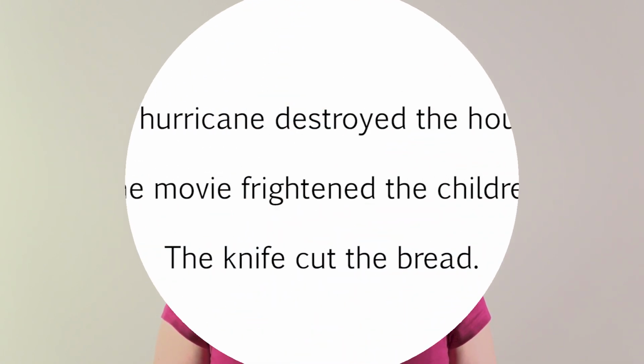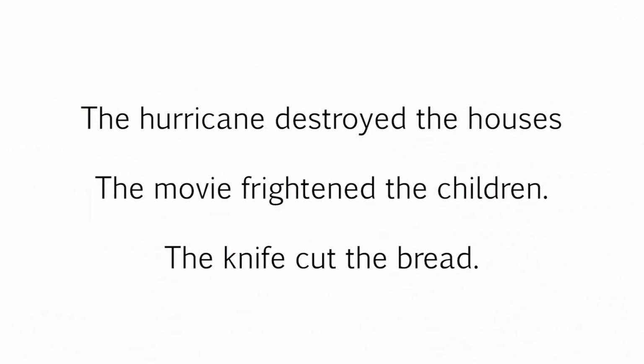And the grammars of many languages encode other semantic properties besides the two agent and theme properties. Some languages make a morphological distinction between an animate agent and an inanimate cause. In a sentence like, "The hurricane destroyed the houses," the hurricane is clearly responsible for the destroying event, but it's not sentient or volitional. The hurricane isn't choosing to bring about the destroying.